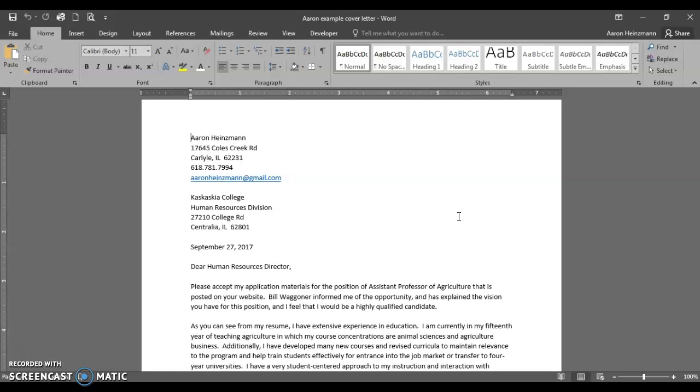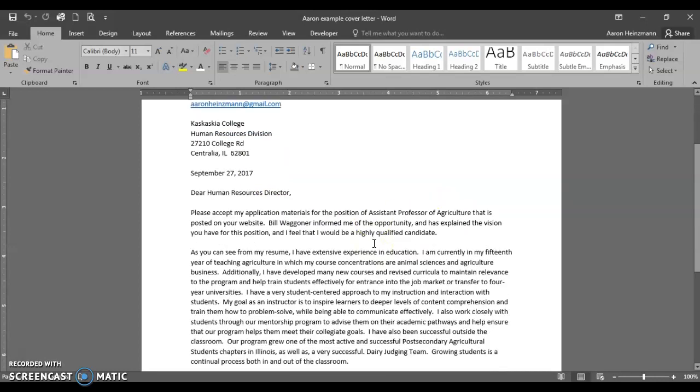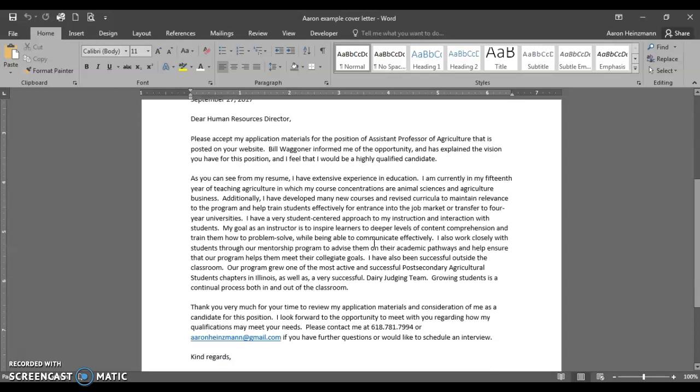So I just highly suggest having a personal email to use in that regard. The HR division, the date, and I put this together a couple of years ago. And then it's addressed to the Human Resources Director. But notice the first paragraph, I have an acceptance for my materials for the position that's listed, Assistant Professor of